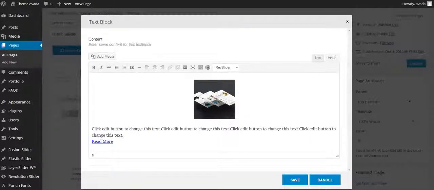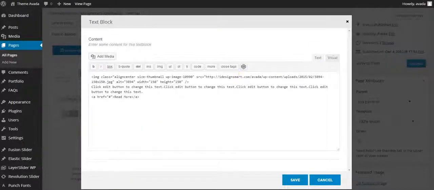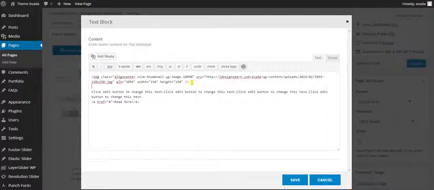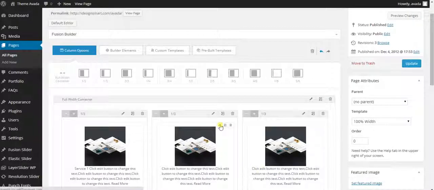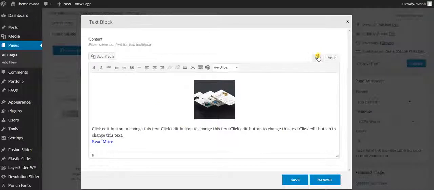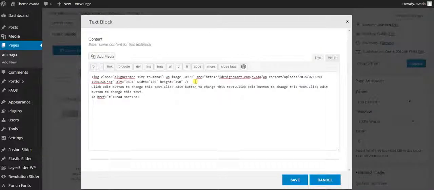And instead of doing that, they will go to text view, and then they can do a heading 2 service 1. This is some HTML that I'm using to edit that. I will just save this,